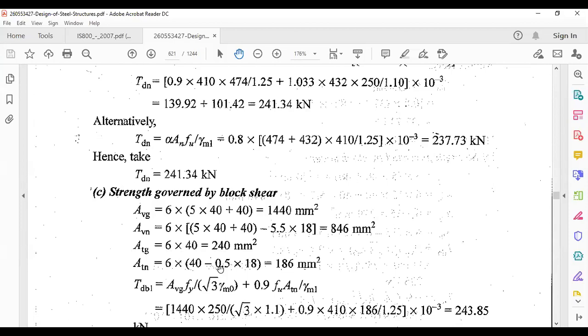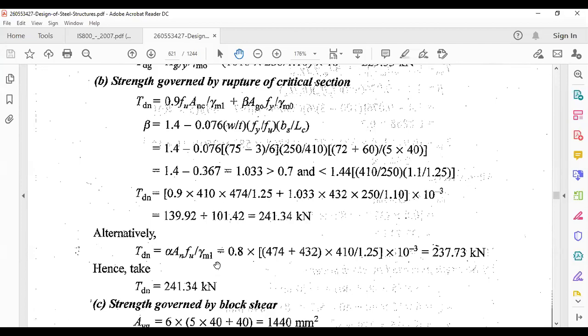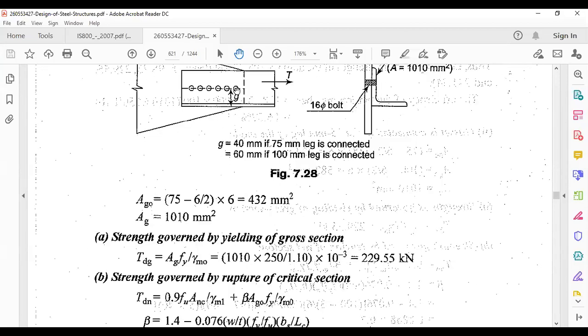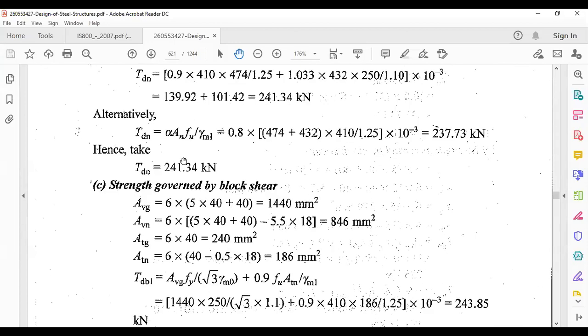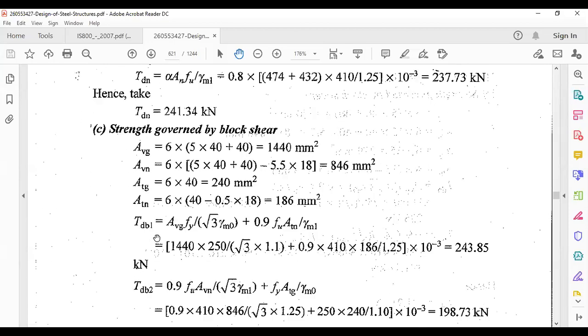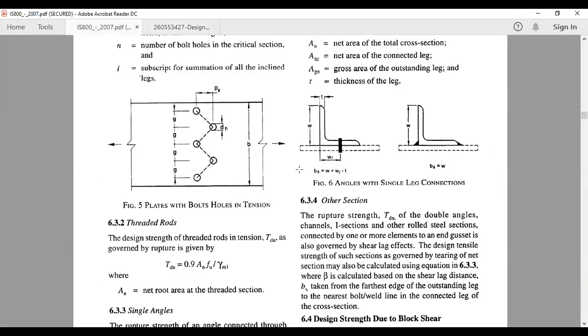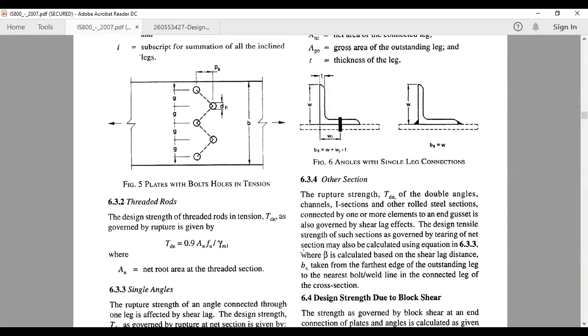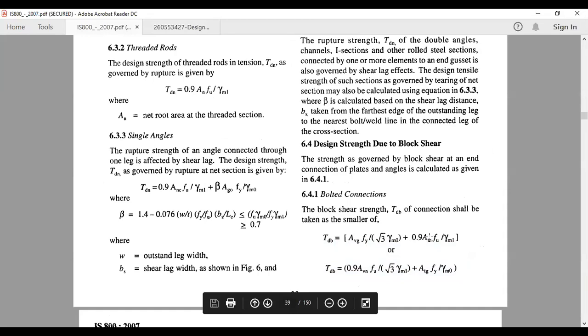And for the net area, you need to consider what number of bolt holes are coming along that line. If you observe here, only half the bolt hole diameter will come over here. So that's G, which was 40, minus 0.5 into 18, into the thickness of that angle. This will be the net area. Altogether, you have to take these two expressions from the code and substitute the various values of the areas. Mainly, calculating the gross area and net area along the tension and shearing planes is important.